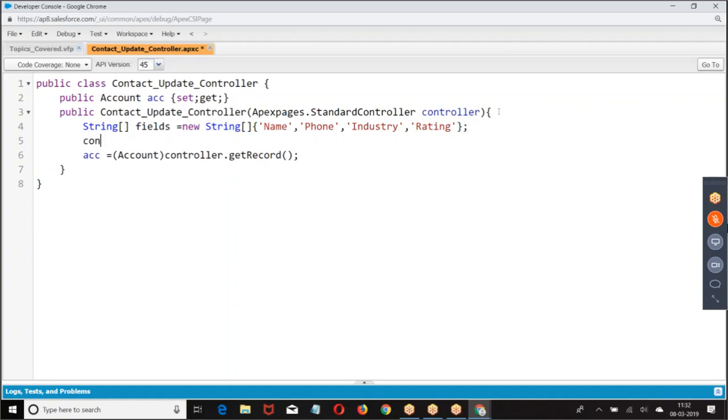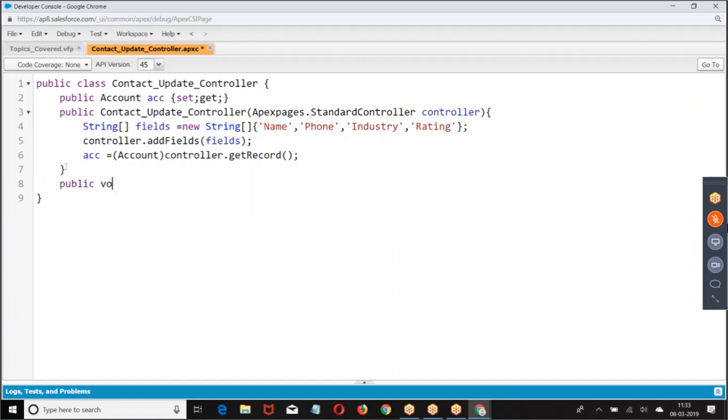Then we give controller dot add fields. Apart from the ID of the record, if you want any other data, we need to say controller dot add fields. Then let us take the next one.